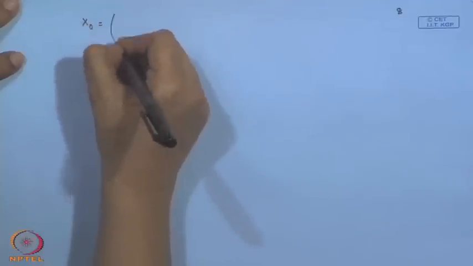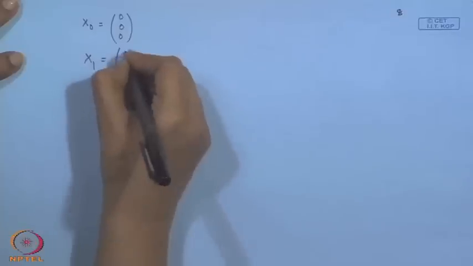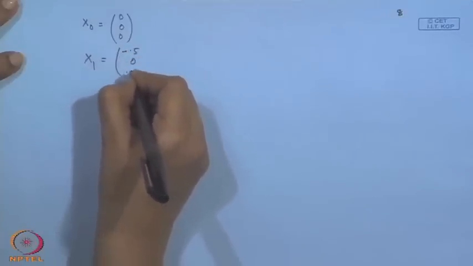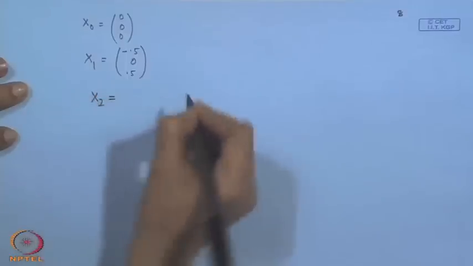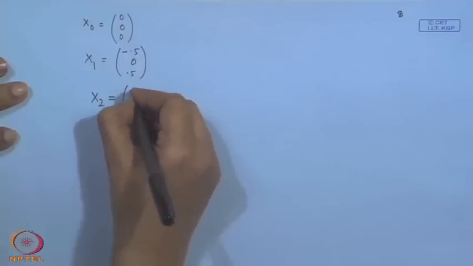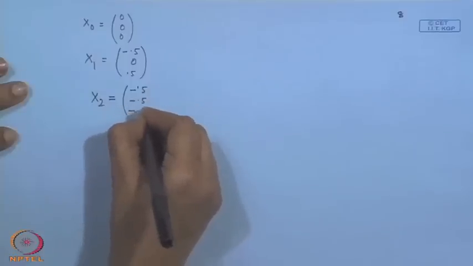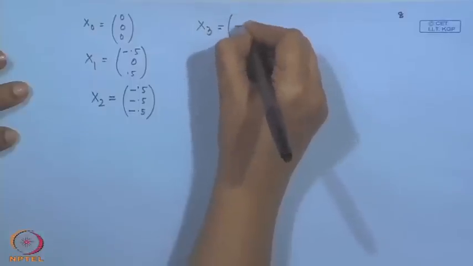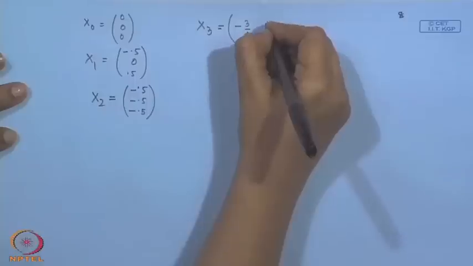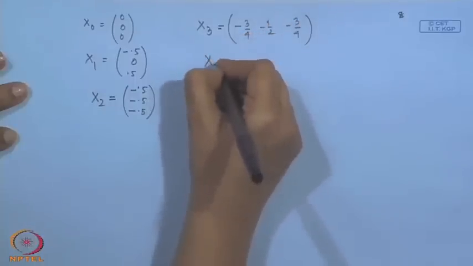We get the x 2 value. That is why we started with x naught, that was 0, 0, 0, moving to x 1, that is minus 0.5, 0, 0.5. If we apply the same process here, we will get x 2, and that would be minus 0.5, minus 0.5, minus 0.5, and proceed further. x 3 would be equal to minus 3 by 4, minus half, minus 3 by 4, x 4 would be equal to